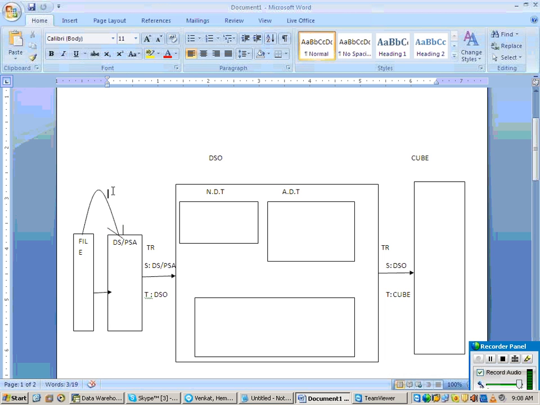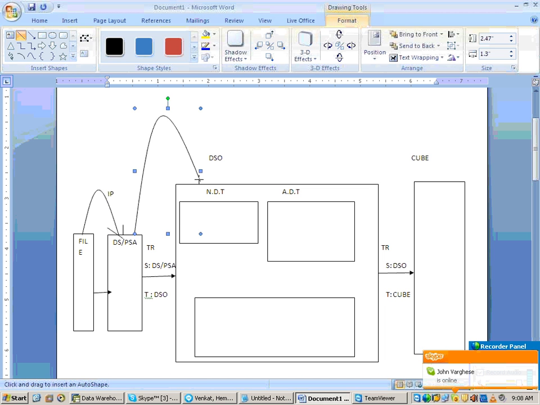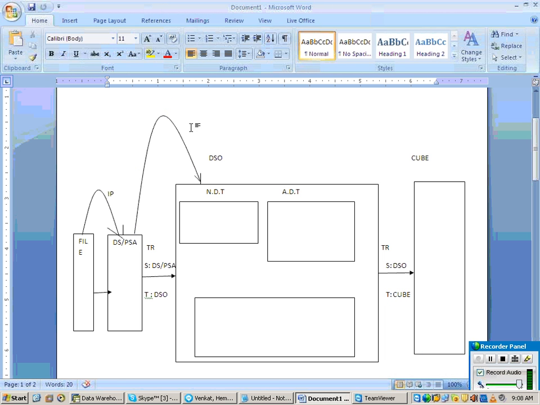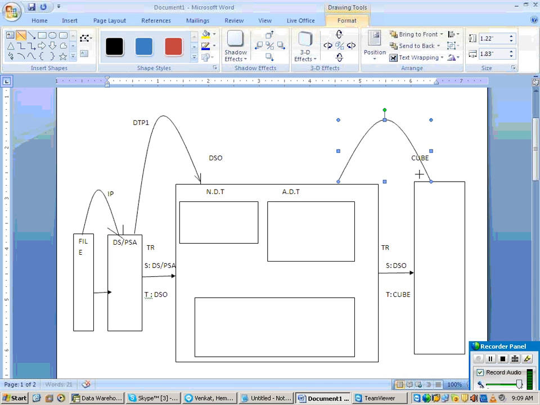From the PSA to the DSO is through the first DTP, DTP1. Then again from the DSO to the cube is the second DTP.